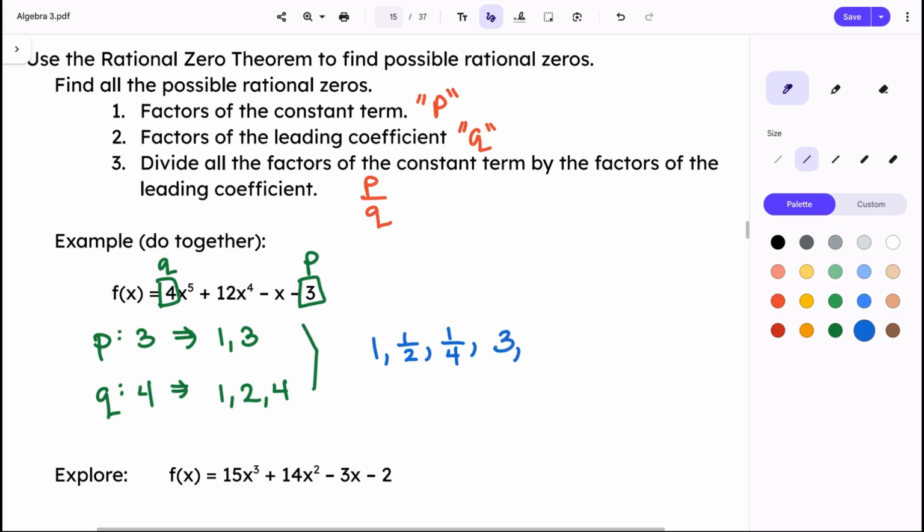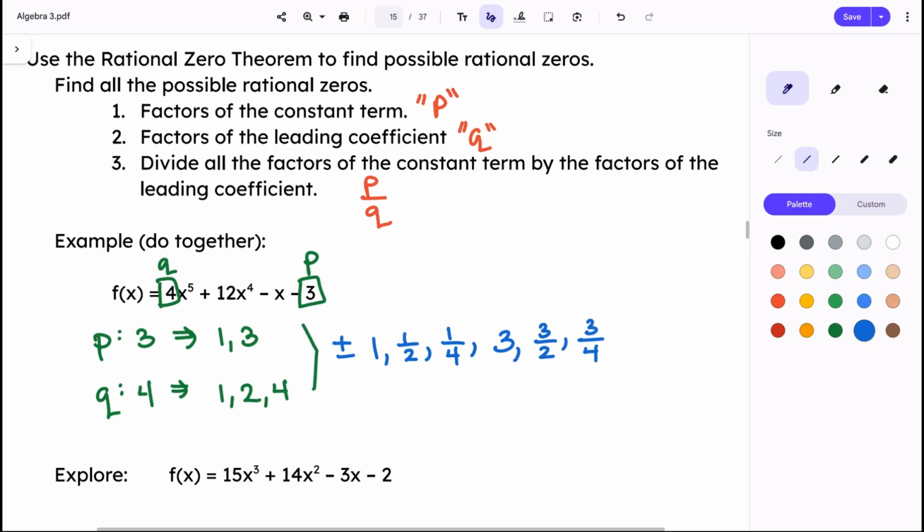3. And then 3 divided by 2 would just be 3 over 2. I'm just going to leave it as a fraction. And then 3 over 4. And then out front, I'm going to put a plus or minus sign, because it could be the positive or the negative root here, because your signs up above in your equation could change, and it could cause it to be a positive or